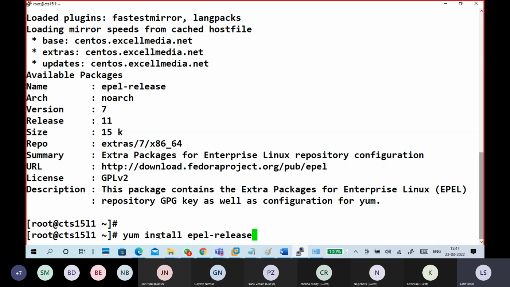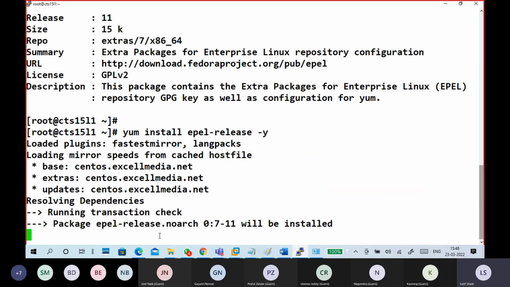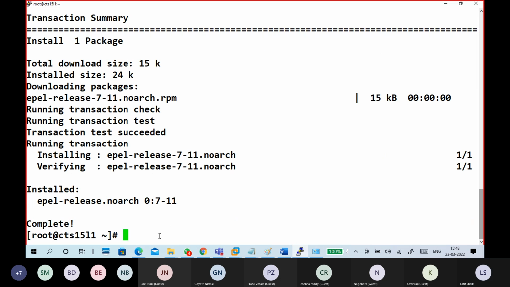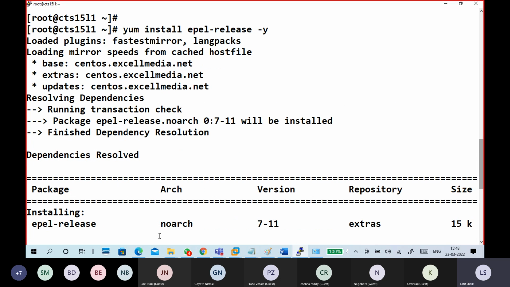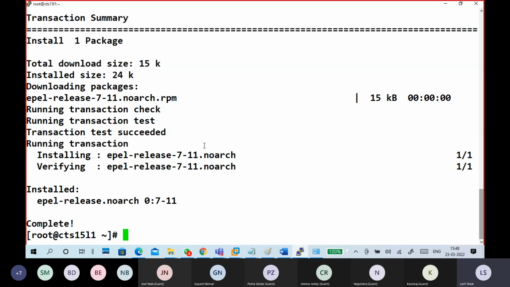I'm installing. What I'm trying to do is tell you one option here: -y. Generally, when I do installations, as I showed last time, I do it without -y. Here I am giving the confirmation: yes, I know this package, install. Like you know the package, you need not feel doubt. Then you can use -y, which means no need to give yes again. It automatically takes that as yes, install. No need to wait for a user to type the response to the command. See, it is installed in my PC.